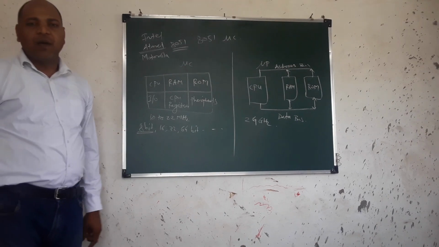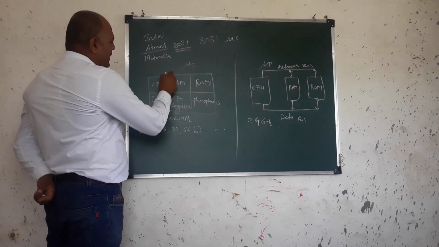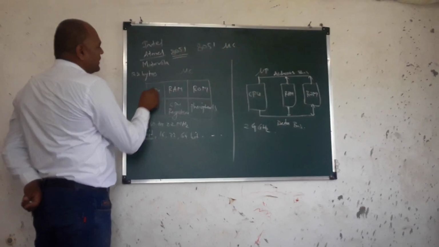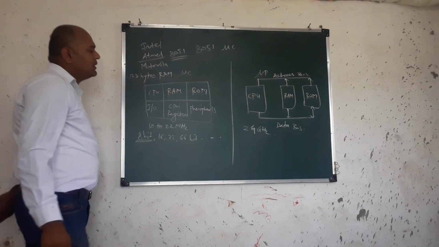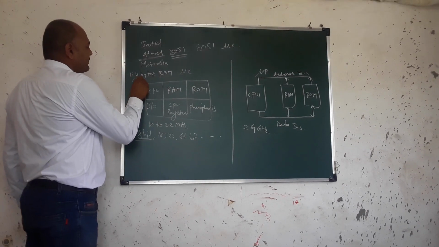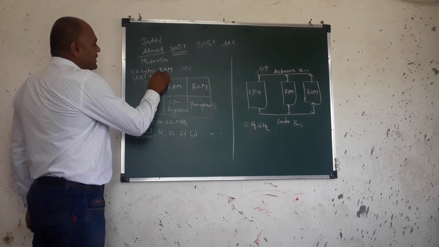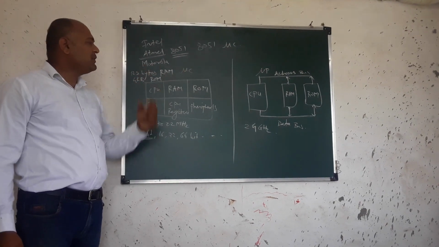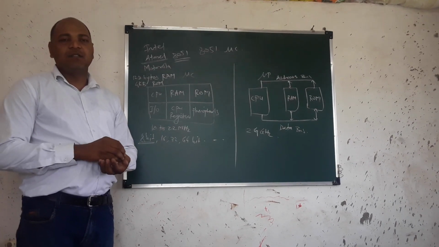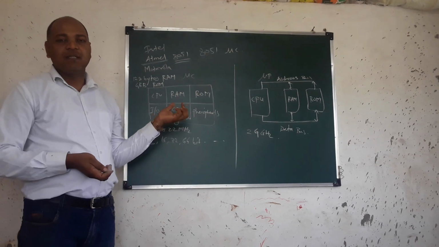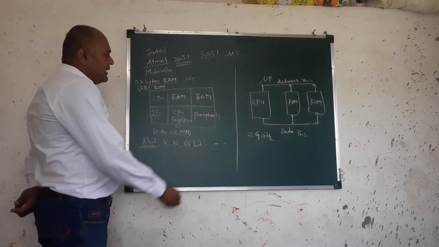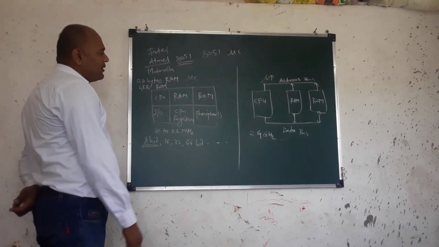The salient features of the 8051 microcontroller are that it has 128 bytes of on-chip RAM. It can address 64 KB, but the manufacturer put only 4 KB of ROM. There are two timers available in the 8051 microcontroller. There are 4 parallel ports, each consisting of 8 bits, so there are a total of 32 I/O pins, which can be used as input ports as well as output ports. Again, peripheral devices are connected to the microcontroller.